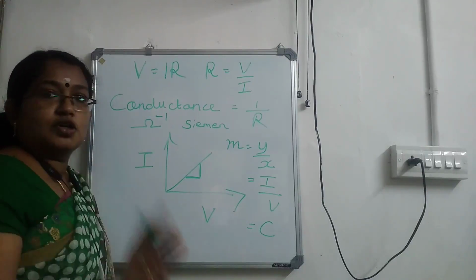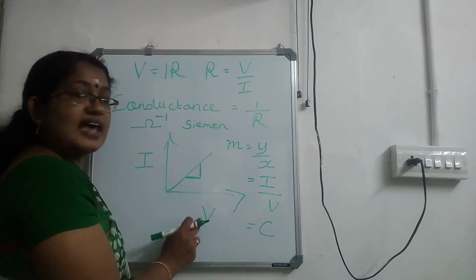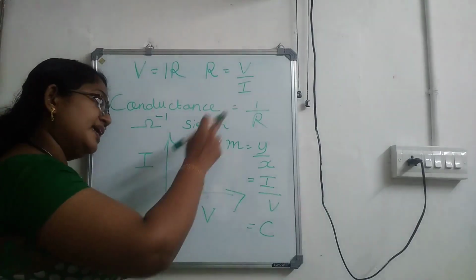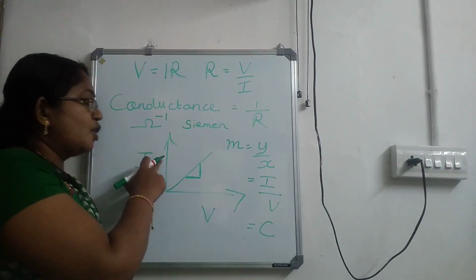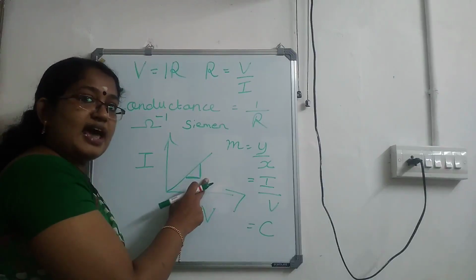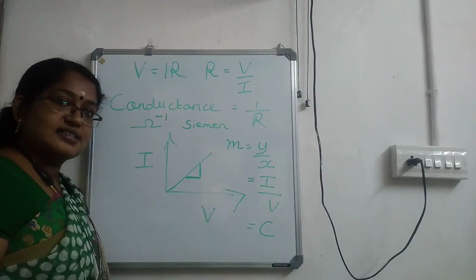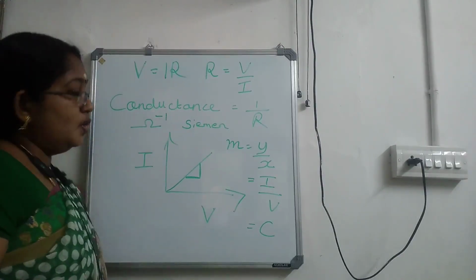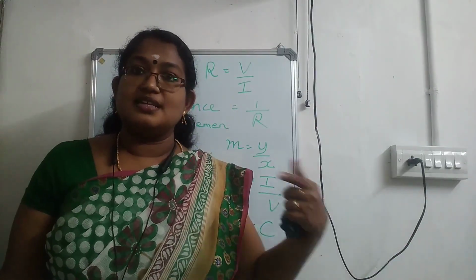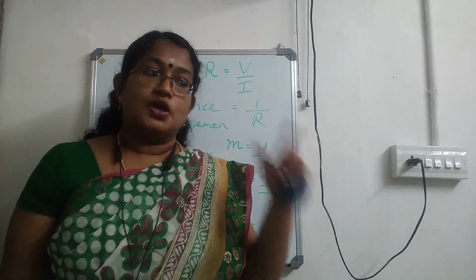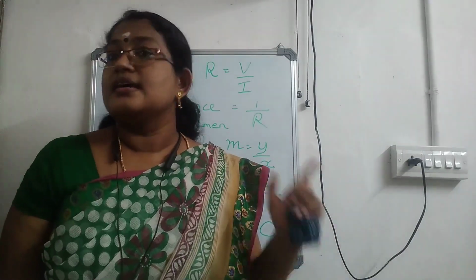Okay. So based on Ohm's law, I have drawn an IV graph. I along the y-axis and V along the x-axis. We'll be getting a straight line graph. Now we are taking the slope. Slope means you will be constructing a small triangle in the straight line graph. And the quantity in the y-axis by quantity in the x-axis will give you the slope. So, I by V. I by V is actually the reciprocal of resistance. What is that? It is the conductance. Okay. So, what you have to remember? The slope of IV graph will give you the conductance.